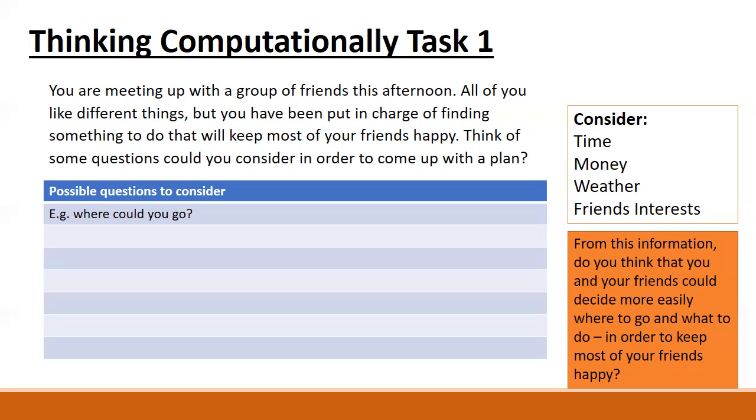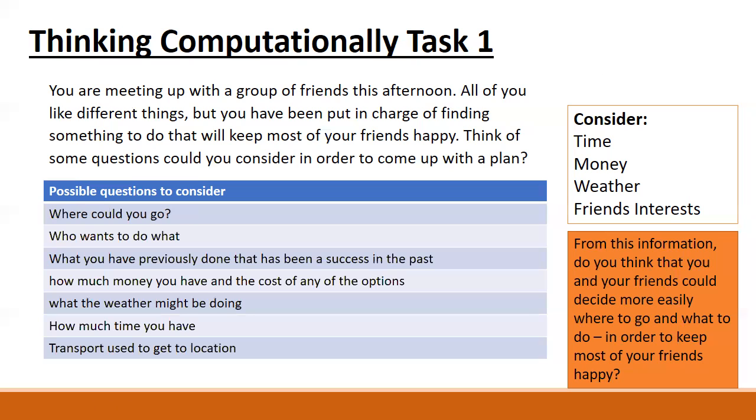So what kind of questions might you ask? Well, here it says, consider the time, money, weather, and friends' interests. So you might ask them, in the interest of time, I'm just going to go quickly, is that all right? You could ask them where do we want to meet: at Katara, at Doha Sports Club, or at Costa Coffee? What kind of ambience do we want? Do you want to eat? Maybe you want to watch sports, so somebody's got a big TV so he can watch the World Cup or whatever.